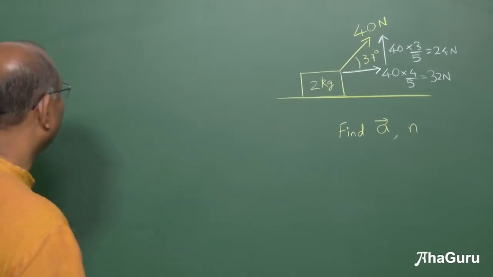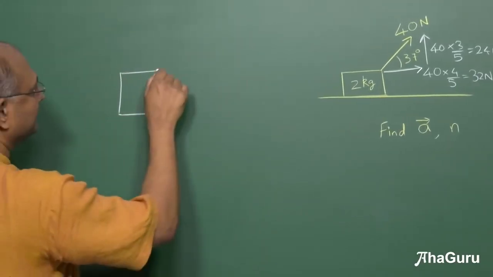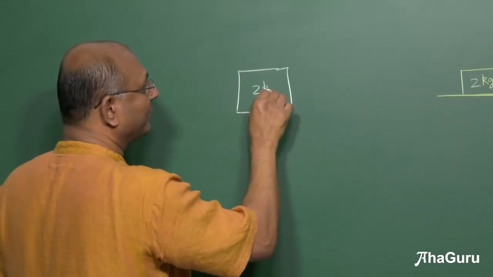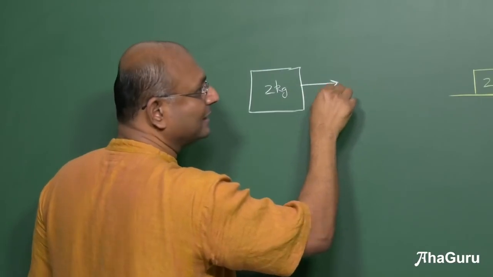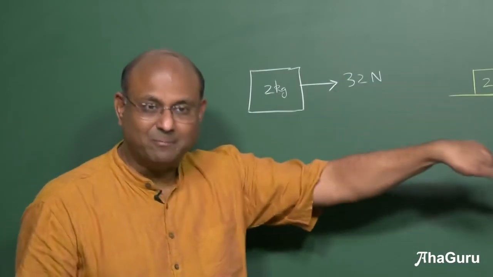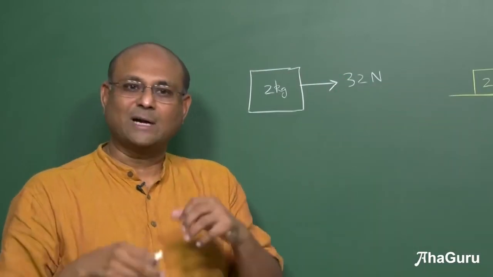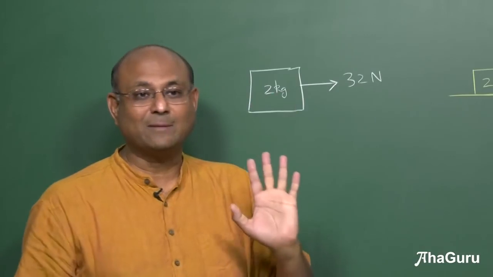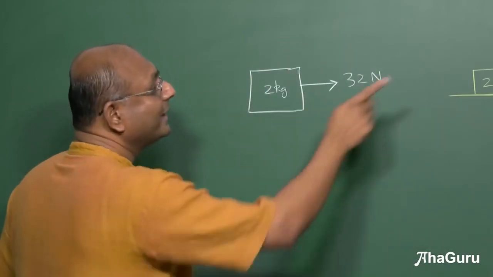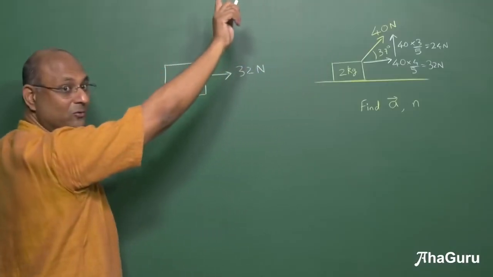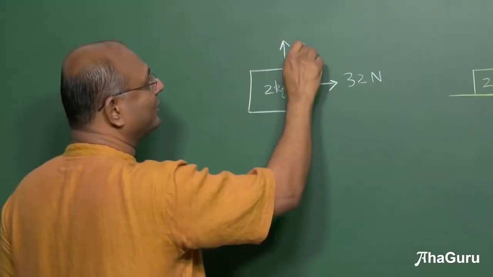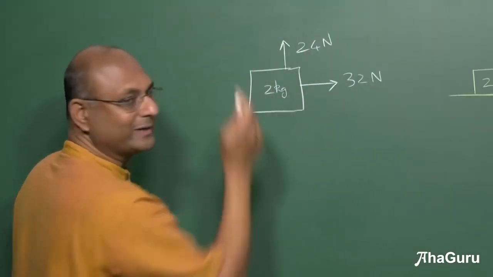Let me draw the free body diagram. So I will draw it here. And instead of drawing the vector, I'm going to start off by writing this part. So that is 32 newtons. You can call it, if you want, 32 i cap. But after some time, it gets boring to start using i cap. You know it is 32 i cap, so we'll just write 32. In your mind, you should say 32 i cap. And then what about that component? 24. So instead of writing it as 32 i cap plus 24 j cap, I will just put this 24 this way. You know this is 24 j cap.